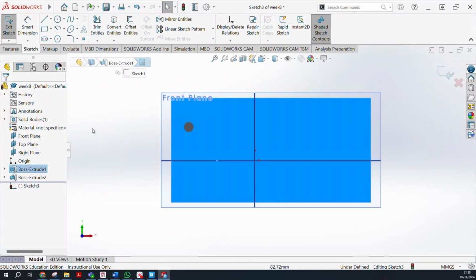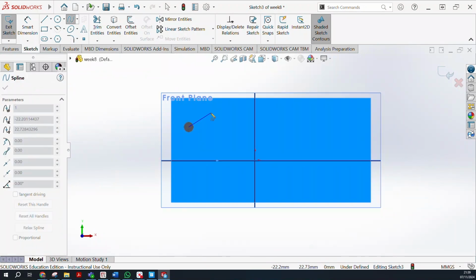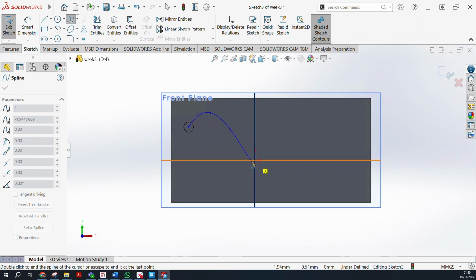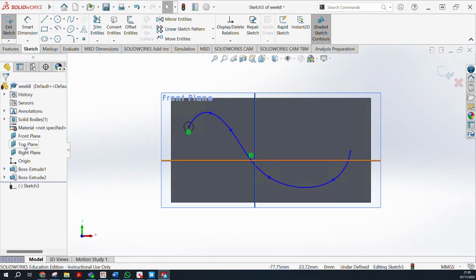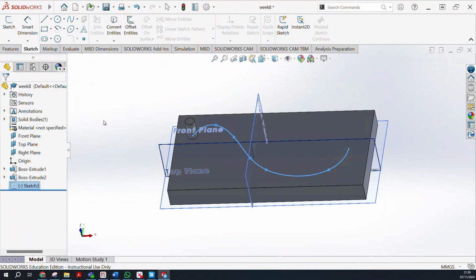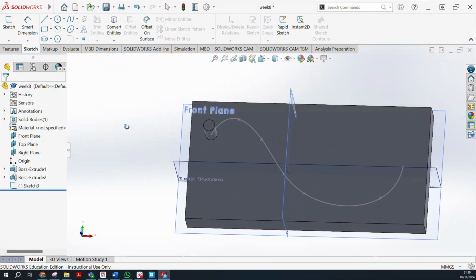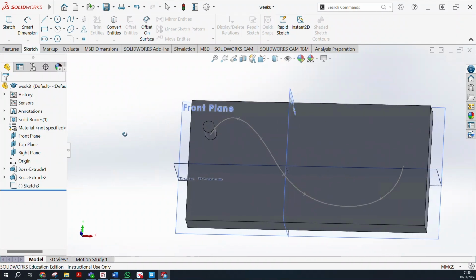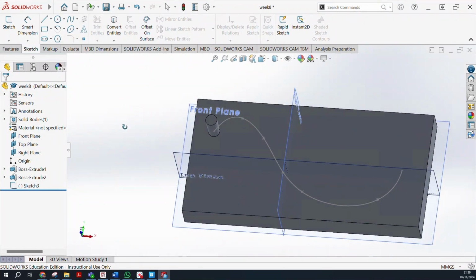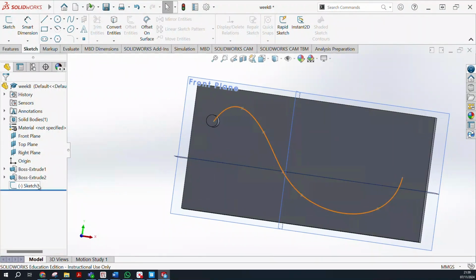Now I want to make an arc which I want this pattern to follow, something like that. And then I will select exit sketch. So now I have two things. I have one extrude and then I have the path. So now let's go to